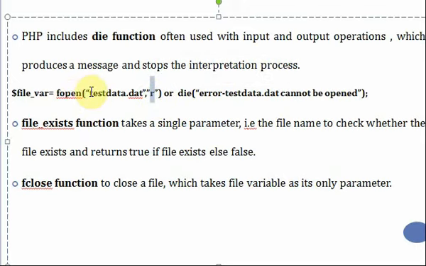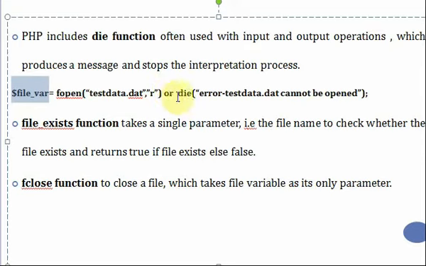You want to open the file testdata.dat in read mode, or you want to read the contents of this particular file. fopen is going to return some value to this file variable. In case this testdata.dat is not present, fopen is going to return a false value, telling that it's not possible to read it.